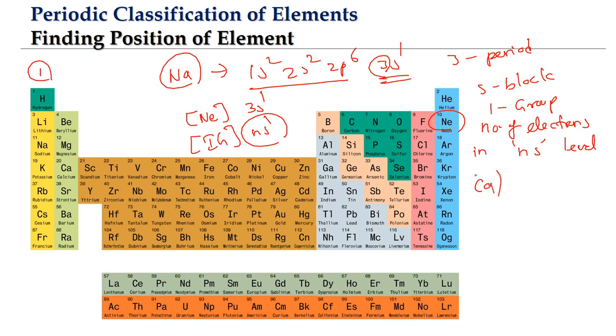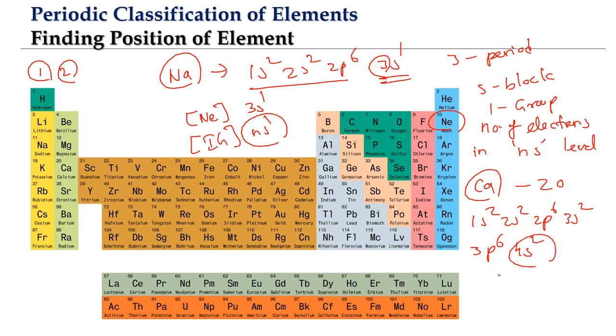Let us say we are going with calcium. Calcium belongs to which group? It belongs to second group. Okay, so calcium, what is the atomic number? 20. Now we'll try to find out based on the atomic number. Atomic number is 20. So what will be the electronic arrangement? Electronic arrangement is 1s2, 2s2, 2p6, 3s2, 3p6. After 3p we will fill 4s.